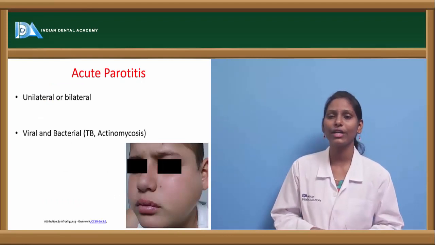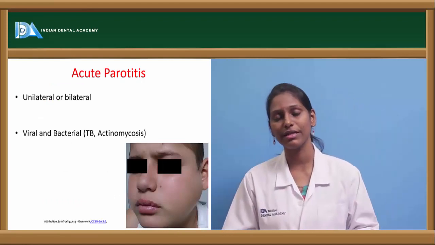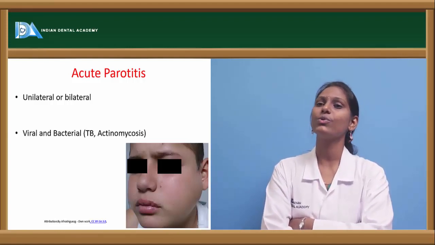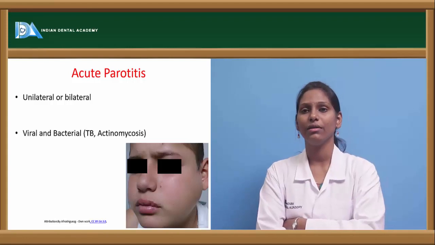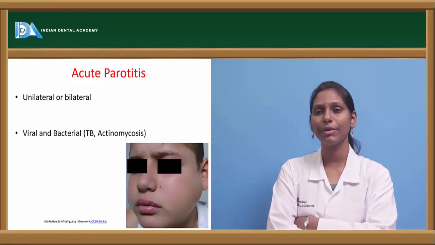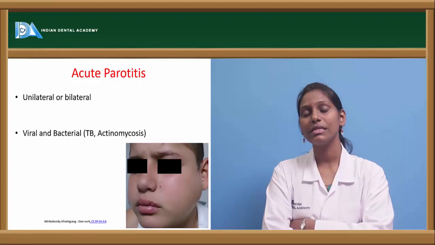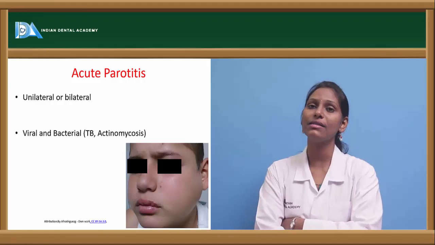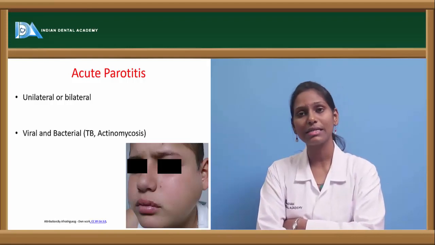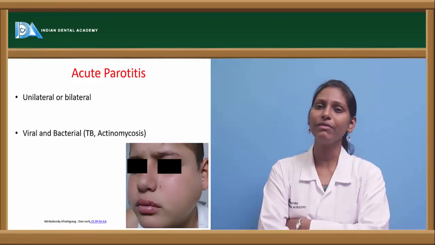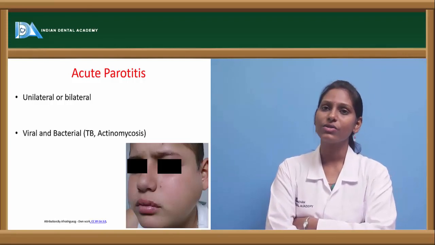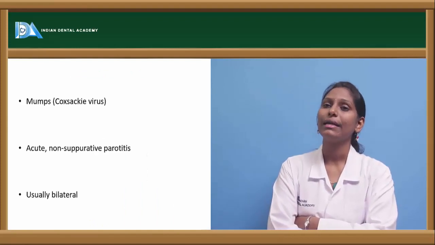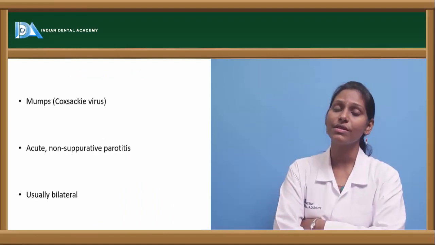Now when we are talking about acute parotitis, the only difference here is that it is usually caused by viral organisms, but sometimes it can be because of bacteria also, where tuberculosis and actinomycosis are some of the common ones. Usually this acute parotitis is bilateral. Even if it starts as unilateral, within a few hours to days it converts into a bilateral condition. Acute parotitis is most commonly caused by mumps,